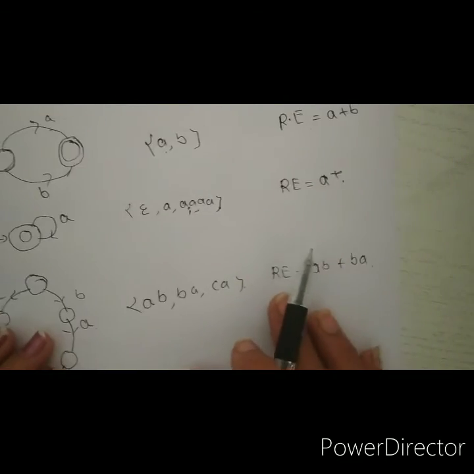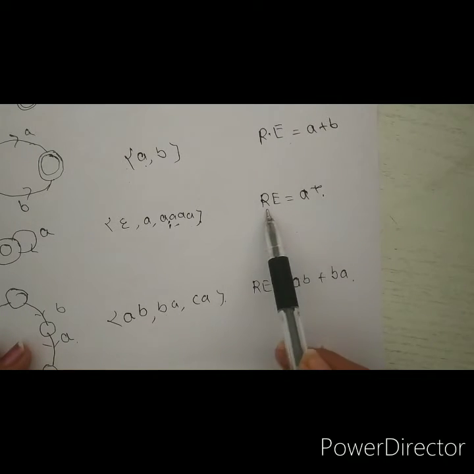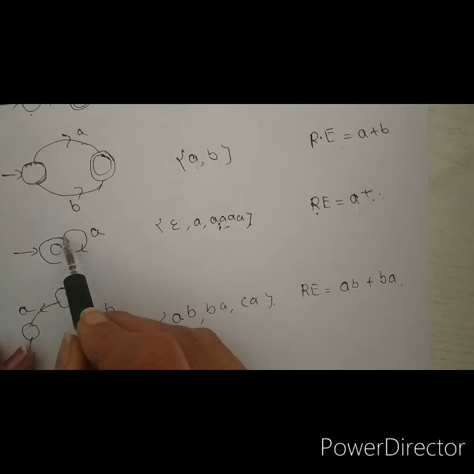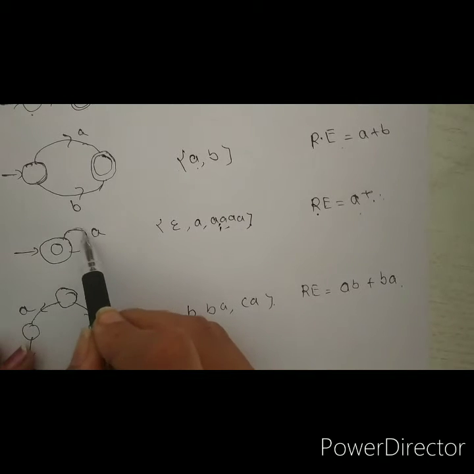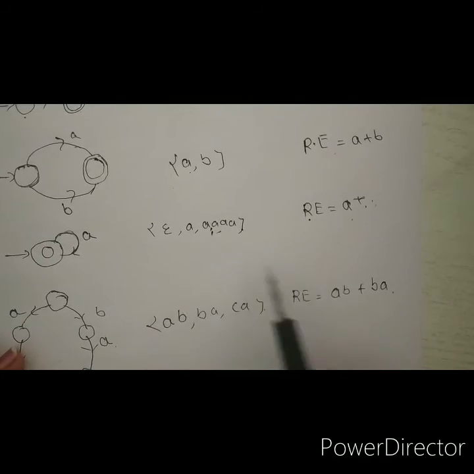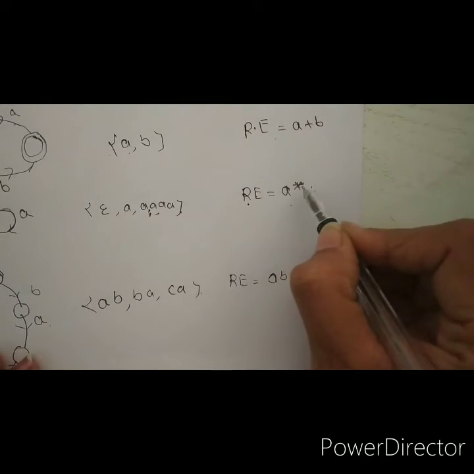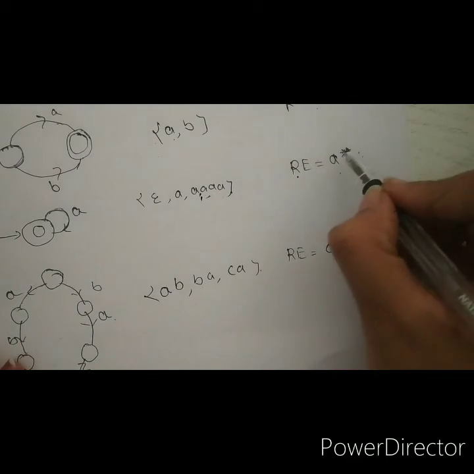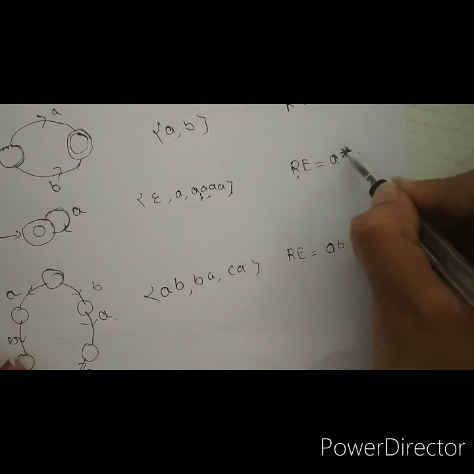So how can we define that? The automaton is the regular expression of a star, or a closure. When the input a comes several times, one after another, it shows a raised to epsilon. So this is denoted by a closure.